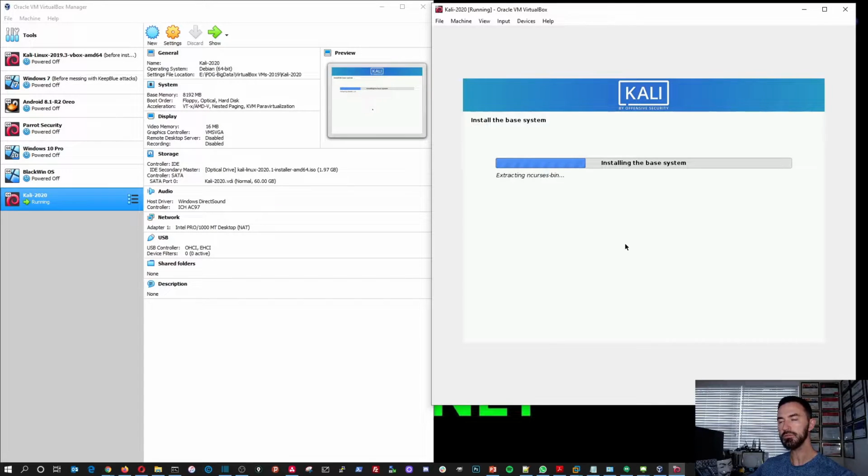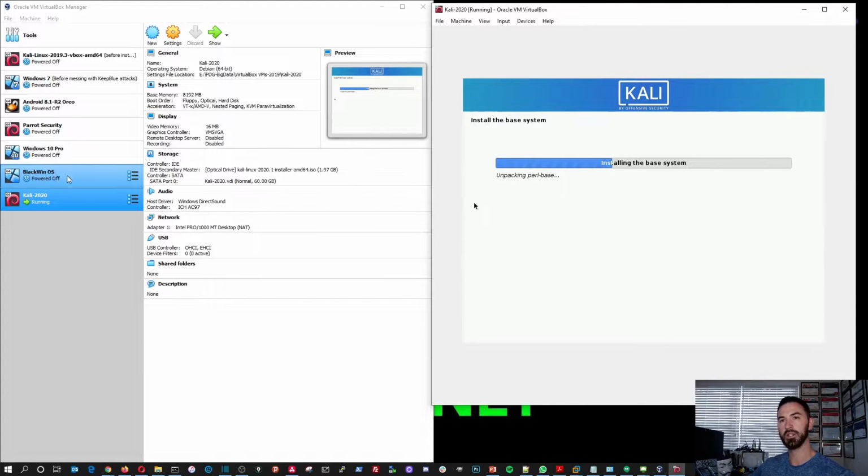So yeah, this will be the first time that I'm installing 2020 and actually using it. So I'm doing it live with you guys, so hopefully you enjoy it. I haven't touched it much, as you can see here on the left side of my screen. I've been using Kali 2019.3 for a pretty long time, and obviously my Parrot, I'm a big Parrot fan, and